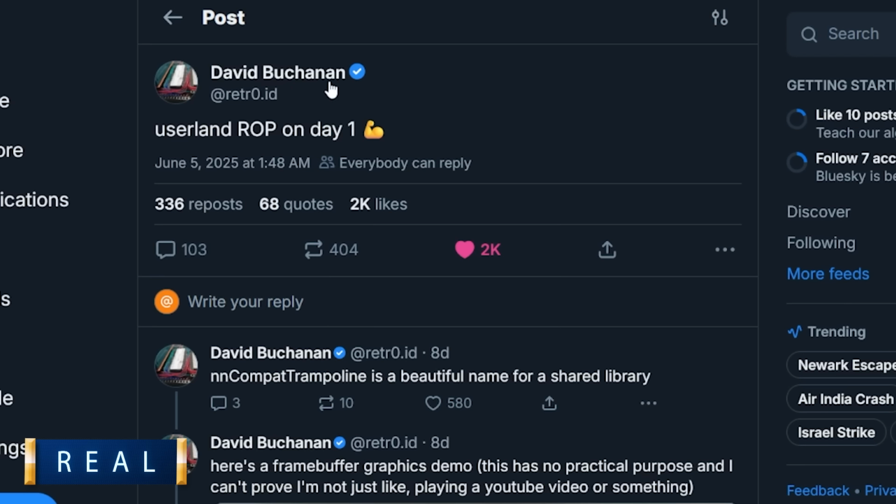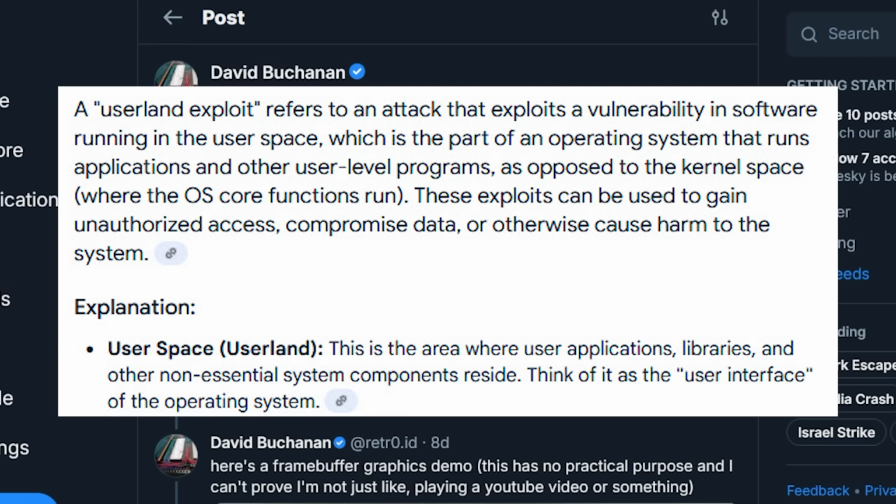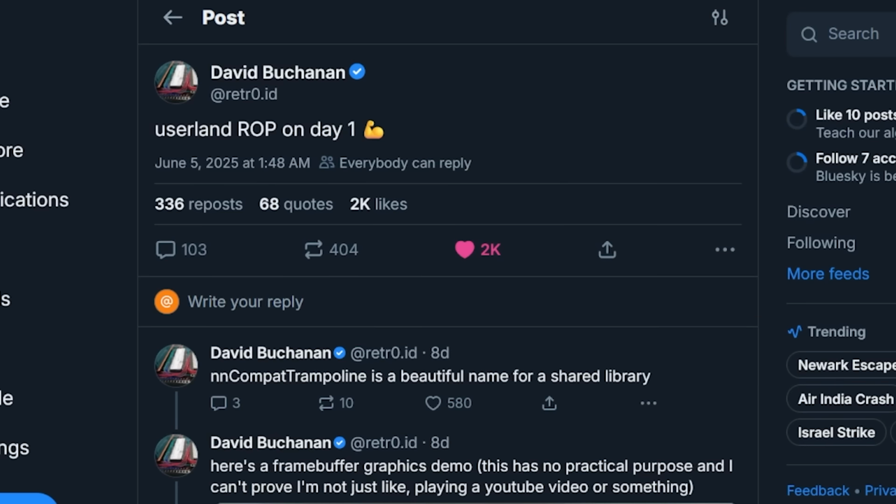a person called David Buchanan over here on Bluesky, and what they wrote on June the 5th was "Userland ROP on day one." You might be wondering what Userland is, and basically this is an attack that exploits a vulnerability in the software that is only running in the user space. So things that are part of the operating system and user level programs. Now, this is not a kernel exploit, which would give us a lot more functionality, but again, this one is limited in the user space, which means not much will come out of this if you're looking to do things